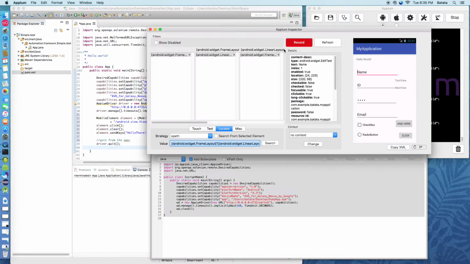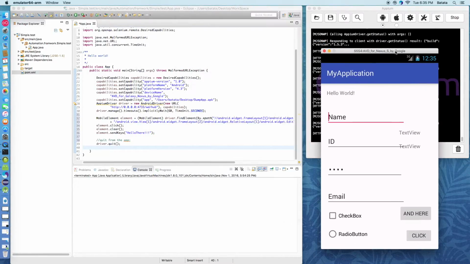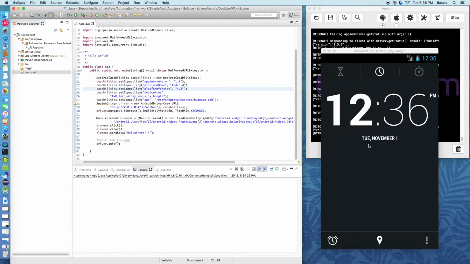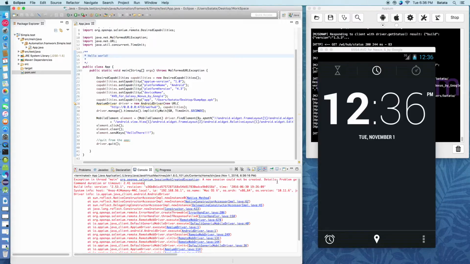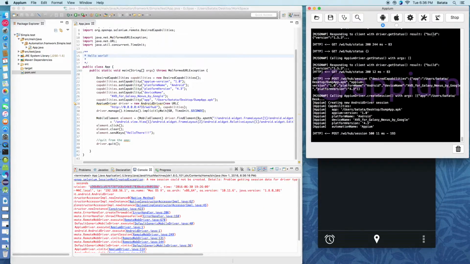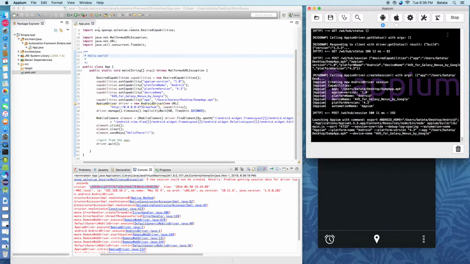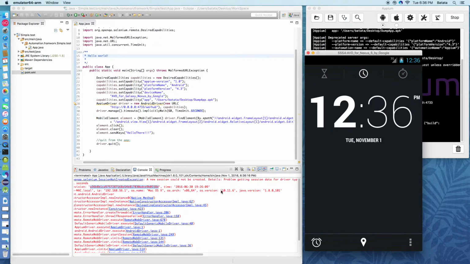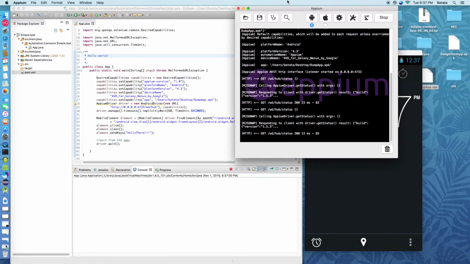Now let's bring the virtual device to front. As we can see, Appium is still launched. Now we're gonna save the work and click on the play button to start the run. We got this error because we disabled override existing session before. Now we're gonna enable it, and then we're gonna launch Appium again, and we will start our run and wait until we can see the